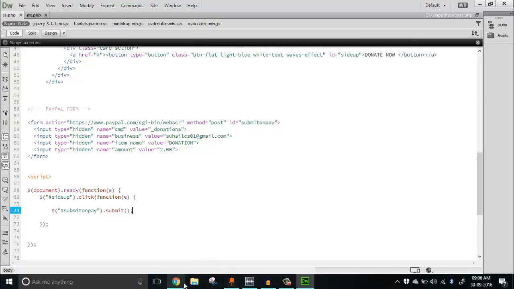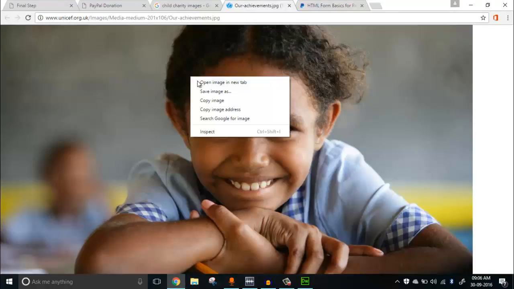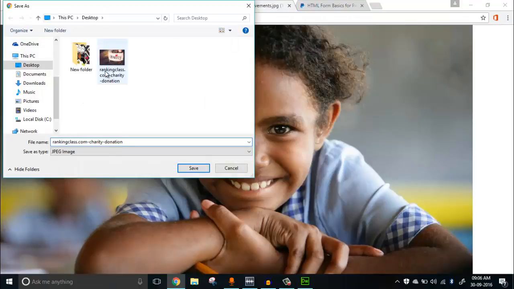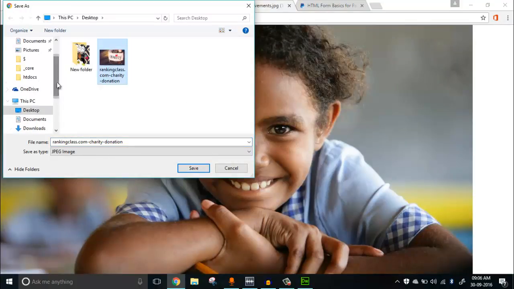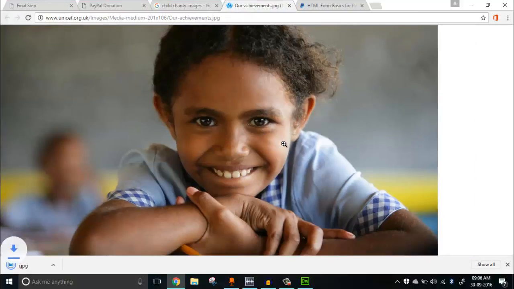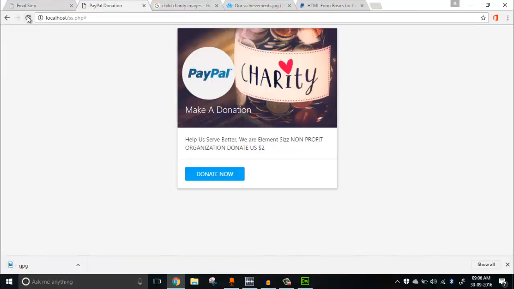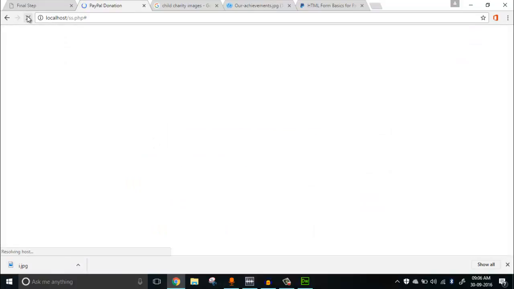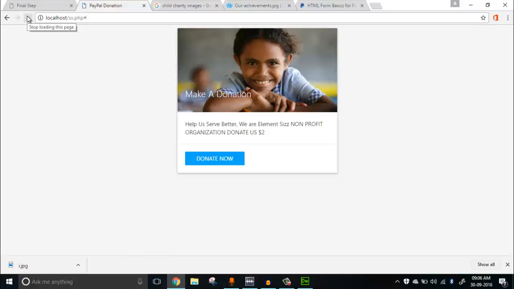Before that, let's grab this image. I'm gonna save it in my localhost right now, and I'm gonna find that, i.jpg. Yeah, I'm gonna replace that. So yeah, we are having a nice cool looking form right now, and it's currently loading. And there we have a nice looking make a donation form, and when I just hit submit, it takes a moment